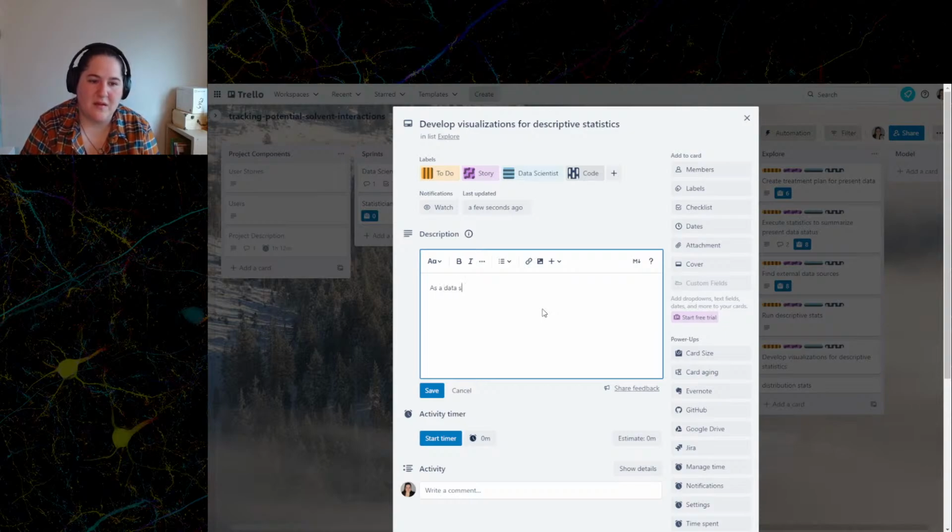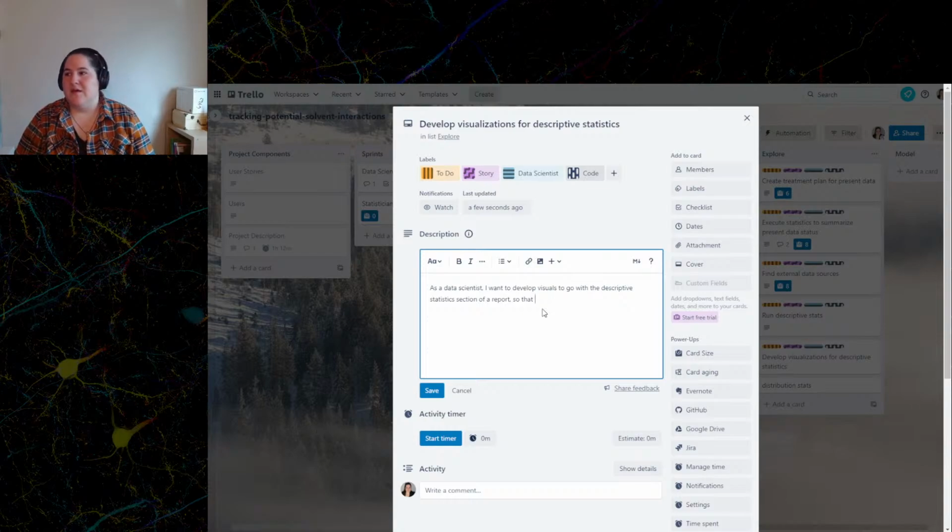As a data scientist, I want to develop visuals to go with the descriptive statistic section of a report, so that, and the business, I want effective